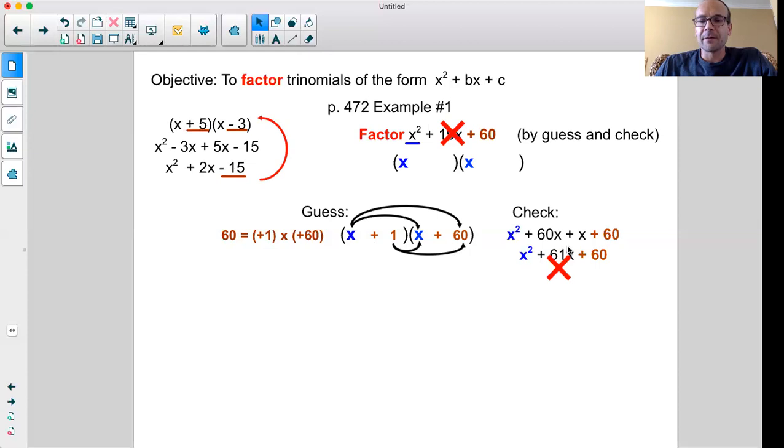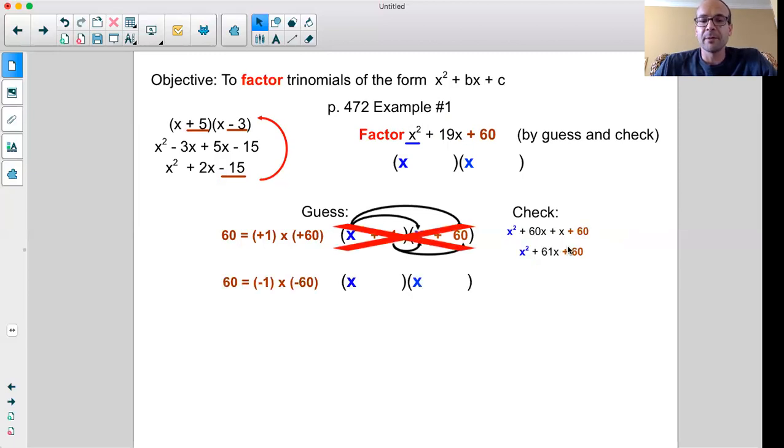So it feels like our first guess didn't work out for us, mainly because 60x plus x wasn't 19x. Everything else was great. Choosing factors of 60 was a great idea. Breaking up x squared as x and x, great idea. We just guessed at the wrong pair of factors of 60. So what we'll do is we'll take that off the list, and then we'll think about our next pair of